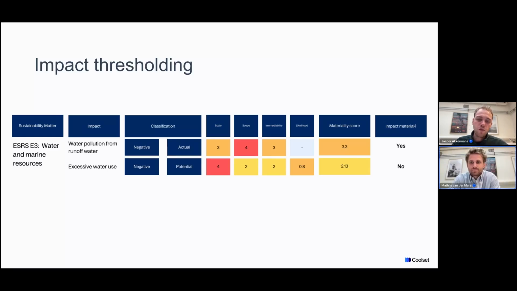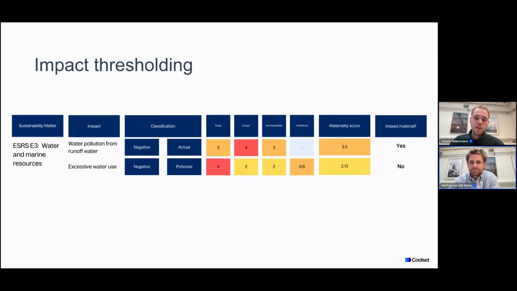In this example, I've used the threshold of 2.5 out of 5. Also good to note is that these thresholds are really up to your company's discretion. So if you want to use the threshold of 2.5 and that makes sense to you and you've thought about it and the auditor understands it, that's fine. If you're saying, no, well, we have a different conception of these numbers, we're going to use the threshold of 2, also works. If you say, no, we're actually quite lenient with the numbers, so we're going to use 3. Just to show you that the thresholding is really up to a company's discretion.